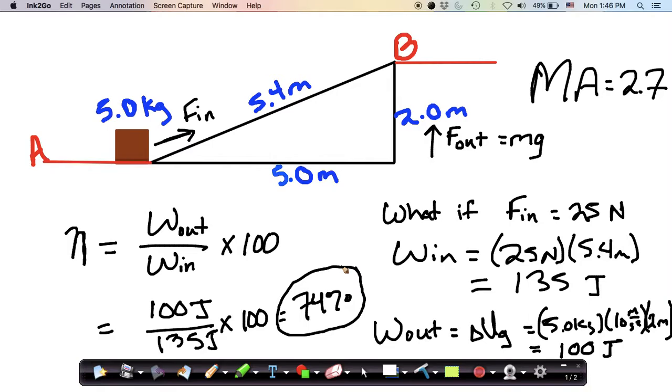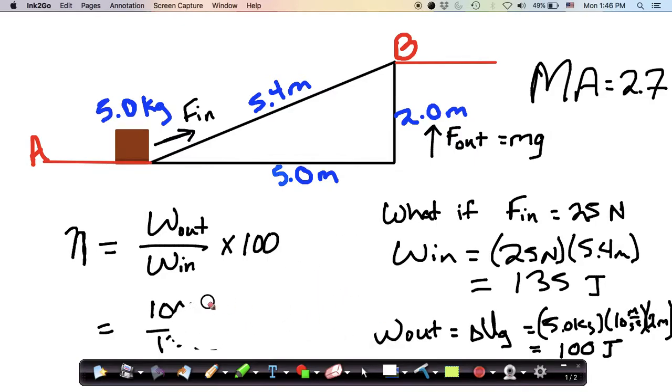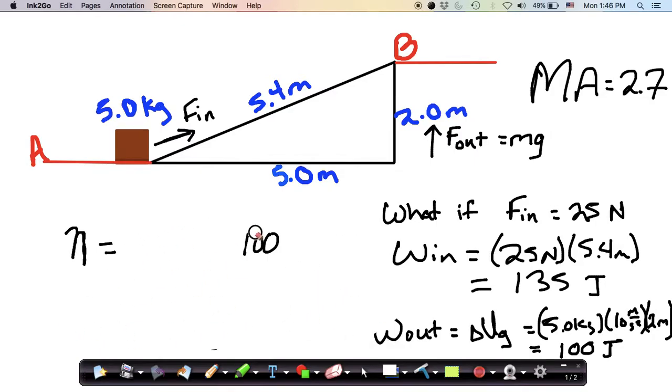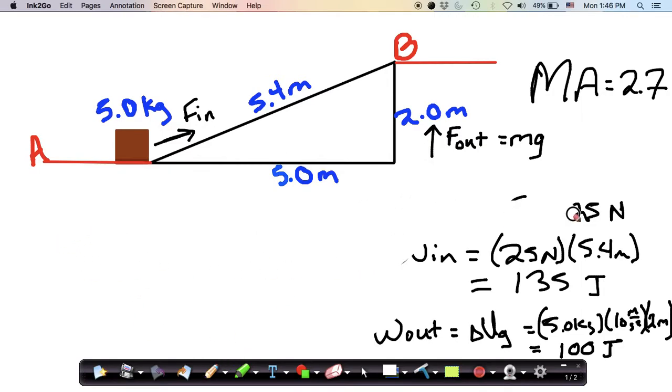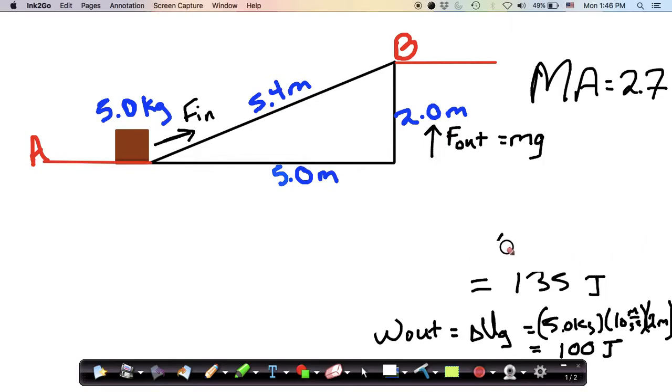So that's one way to think about efficiency, but it's not the only way. We can also think about efficiency in terms of mechanical advantage. So I'm going to erase what we've got here. I'm going to leave the mechanical advantage. We had calculated a mechanical advantage for this incline in our previous lesson of 2.7, but we just worked through